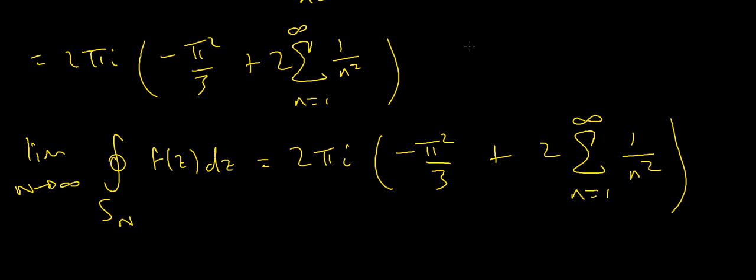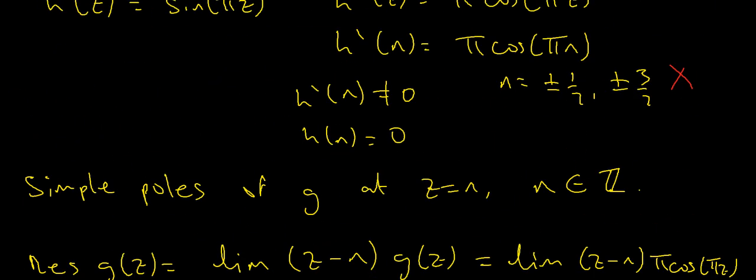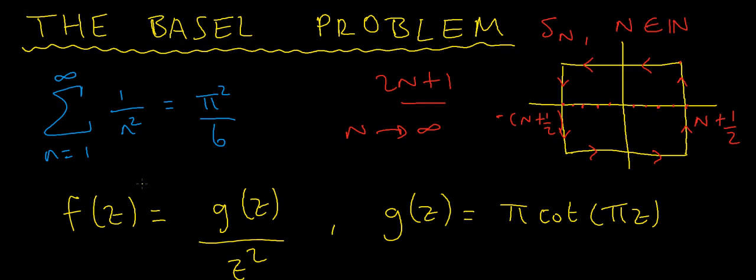Okay, so this video is a continuation of the previous video in the contour integration series. It's a direct continuation, and I'll just remind you what I did last time. So if you're watching this immediately after the previous video, then I'll just go over what we did last time. So basically, I put f of z equal to g of z divided by z squared, and g of z